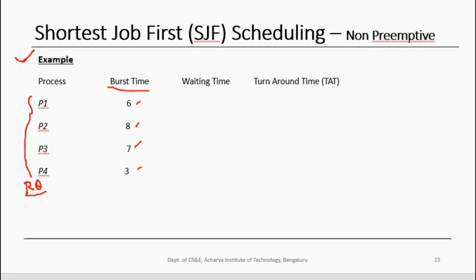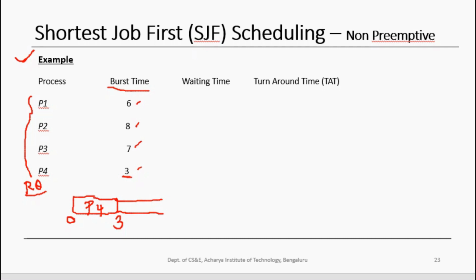In case of a non-preemptive SJF, what happens? Which one is picked up first? If you see, P4 has got a smaller next CPU burst time, so therefore this is picked up first. Let us try to write the Gantt chart. At the time t is equal to 0, which process is picked up for execution, or which process is given the CPU? It is P4. So P4 runs for 3 time units, and then